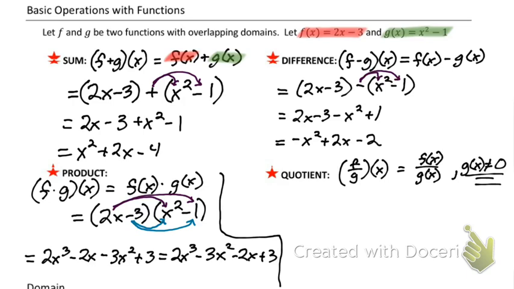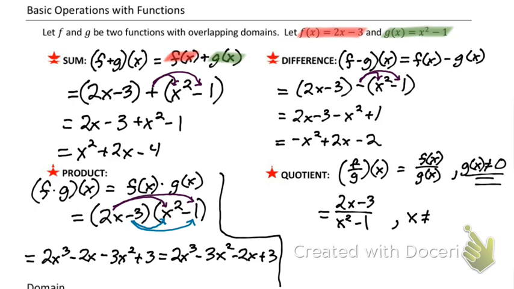All right, so we're doing f of x over g of x. So in this case, our f of x is 2x minus 3 divided by x squared minus 1. I'm not overly concerned whether you can do that division or not. We'll talk about that later. That would be synthetic or standard division. That's not what we're doing here. We're just going to leave it as that fraction. But I'm going to add one thing after it. x cannot be